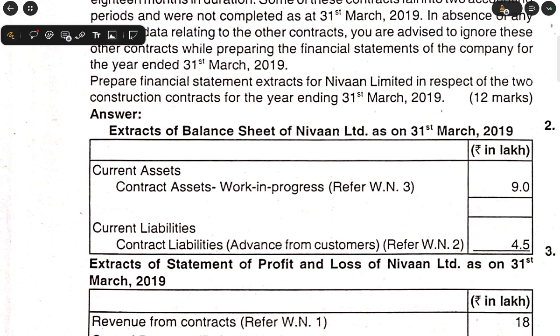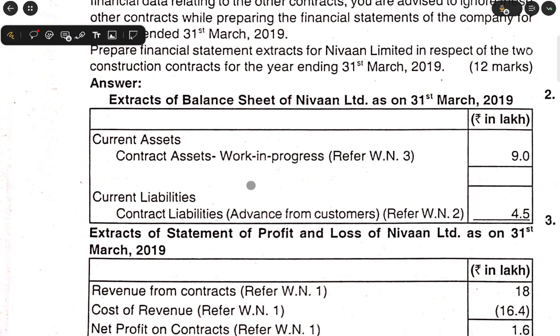So what is the expected revenue? 30 lakhs. The expected profit is 6 lakhs. If the cost has been increased to 34, 36, 38, then the profit to be recorded is 2 lakhs. At the same time, for the other contract, a cost is being incurred, so they are different things. Now what we have to do is find how much is completed, what payment is received, and what the project cost is. On the project total cost, you need to book the profit. So 30% of 30 lakhs, 30% of 31. This is what you should do.